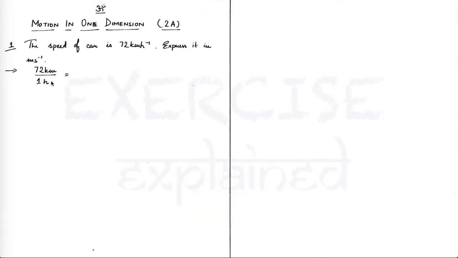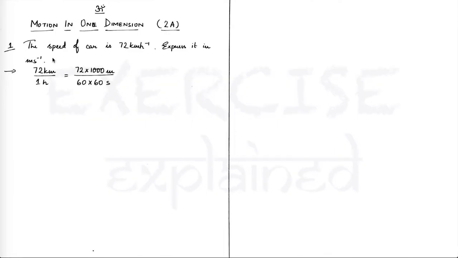So now what I would be doing is I would be converting the numerator and the denominator separately. So the numerator needs to be in meters. As you can see, the question has asked us to make it in meter per second. So we need to convert the numerator to meters and the denominator we need to convert it in seconds. So 72 kilometer can be written as 72 into 1000 meters because 1 kilometer is 1000 meters. So 72 into 1000 meters